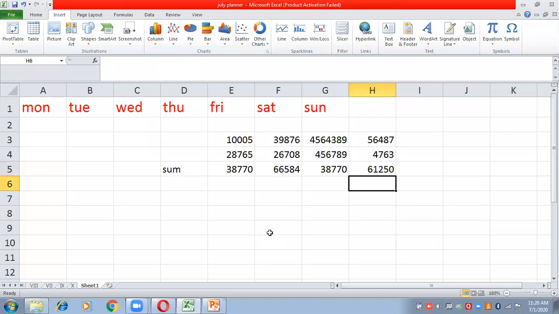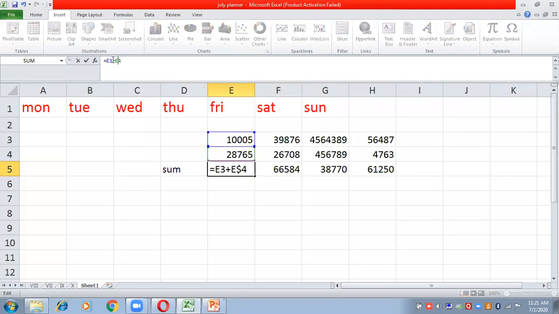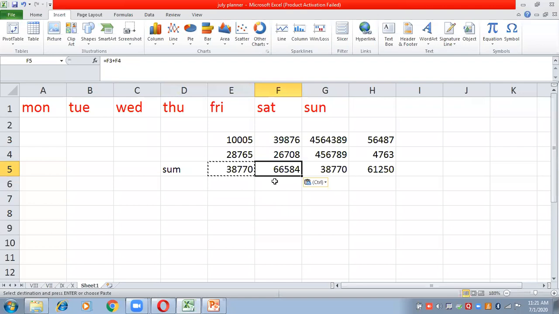In relative. Relative का एक बार दोबारा देख लेते हैं. Now see what happens in relative. In relative, we don't have any dollar sign in front of anything. We are just copying and pasting. When we are doing copying and pasting, automatically it will change the column as well as row. यहाँ पर था E3 plus E4 और यहाँ पे जब हमने copy करा, then it becomes F3 and F4.